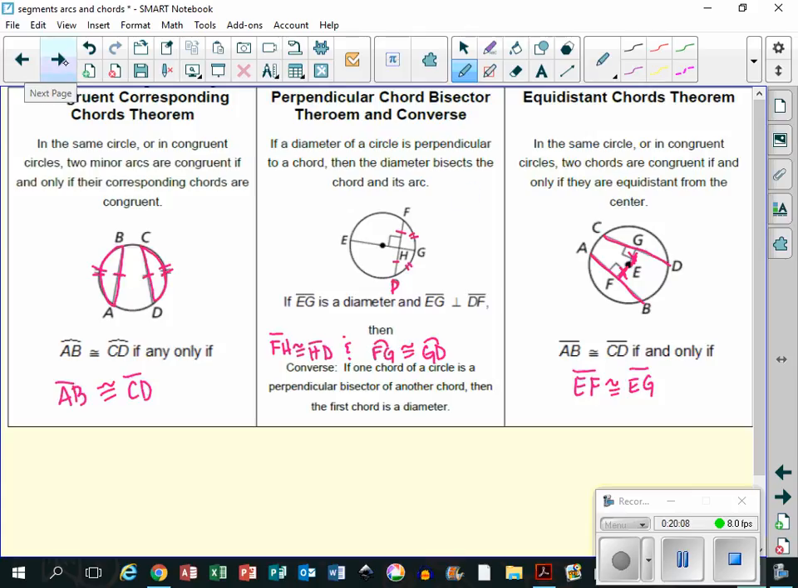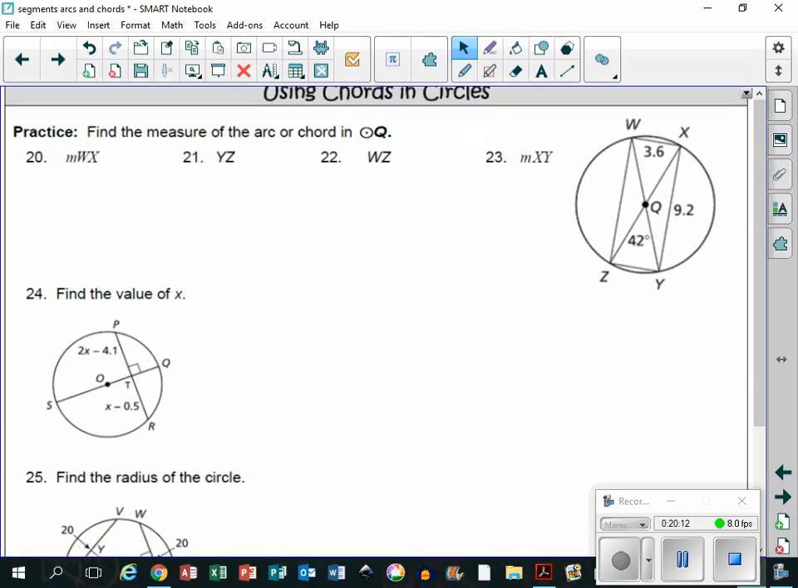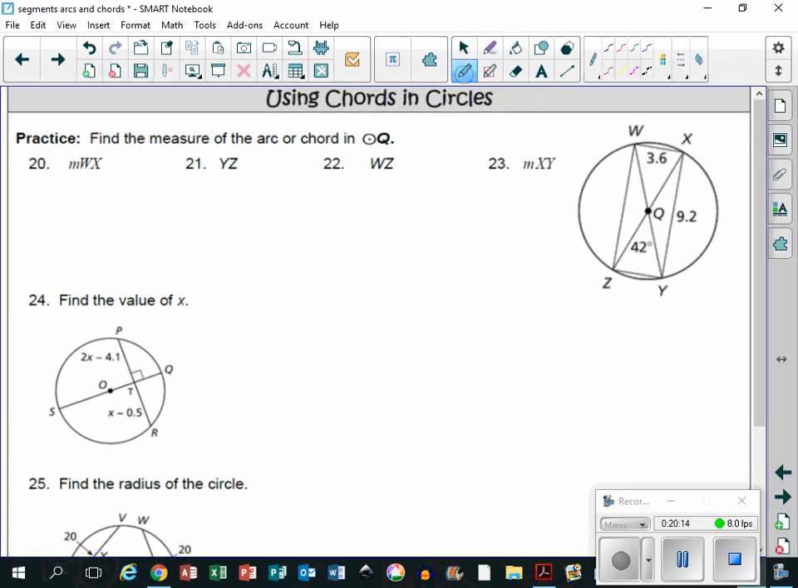So let's put those properties to some use. This should be our last piece. So using our chords, find the measure of these arcs. And again, they lost their arcs, so put them back. All right, so they're telling me that